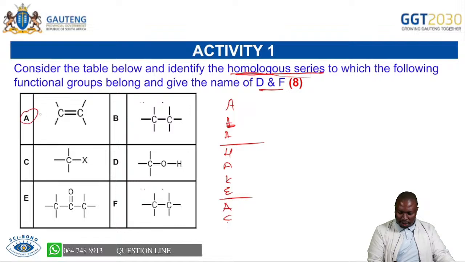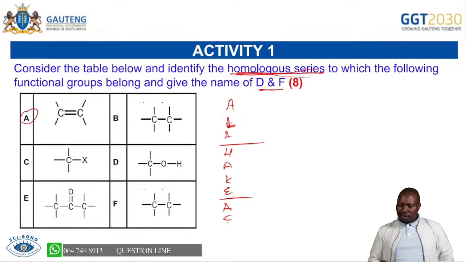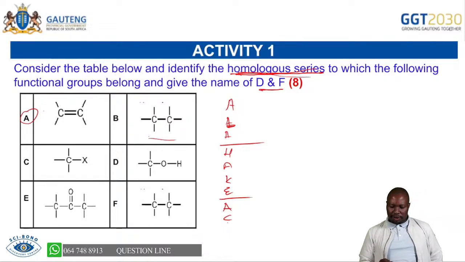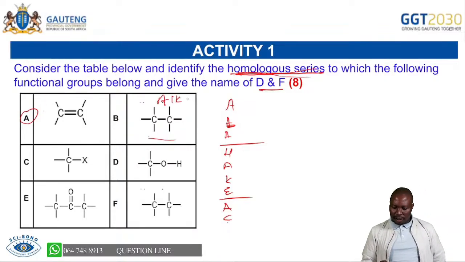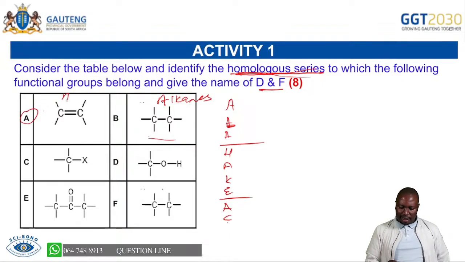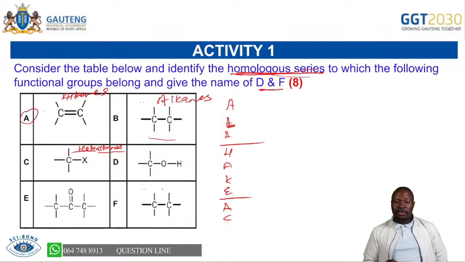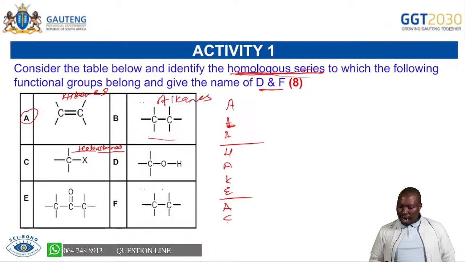You are able to see these are alkenes because the question said identify the homologous series. And then these ones, carbon single bonds, you said these are alkanes. So you are able to say these are alkanes, these are alkenes. And then the C bonded to the halogen, these are haloalkanes. So you're still referring to them as alkanes, but you are saying this alkane has a halogen, so it's a haloalkane.